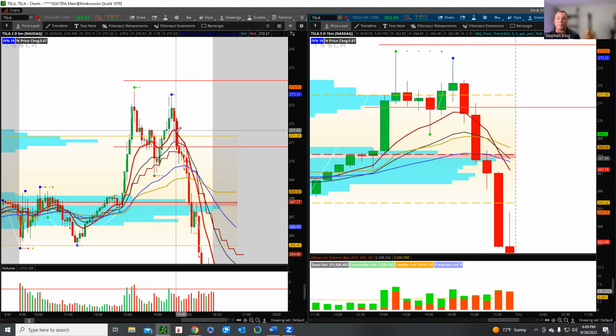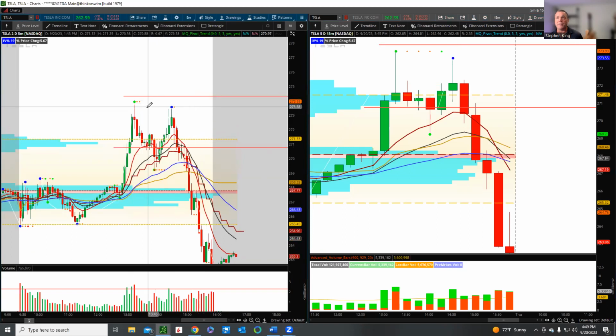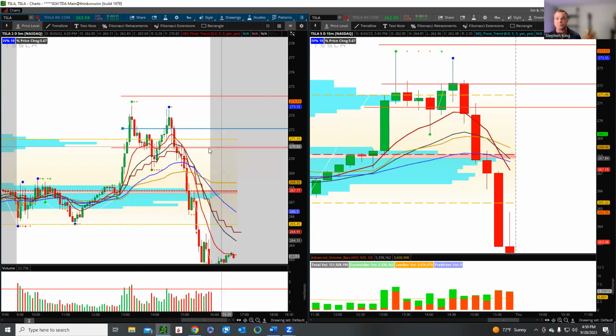Strong close below this level happened here, but you can see when I threw on the 15-minute chart, based on a 5-minute entry, that was too aggressive, right? That was way up here. But if I look at the 15-minute chart, I could say, no, that's really where my entry needs to be here, right? And if you look here on the 5-minute, you would get the impression that I'm not selling as high as possible, right? But I also would have missed it because I would have been too aggressive with trying to get filled up in here. But what happens by using the 15-minute chart,